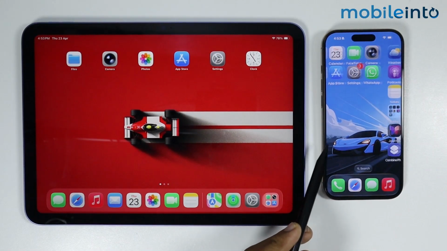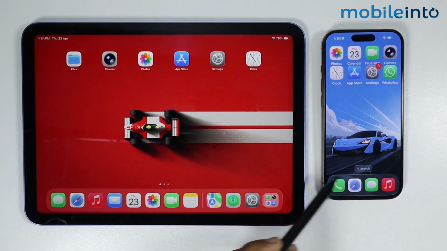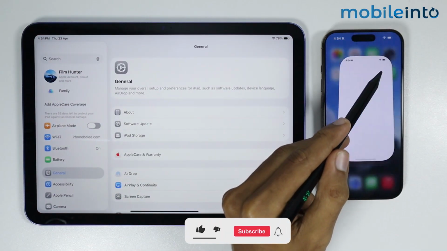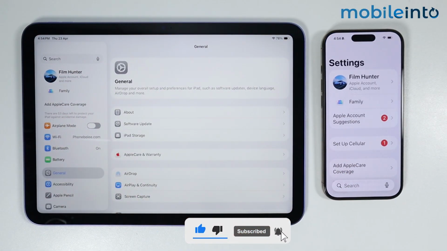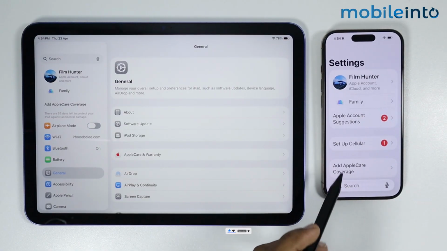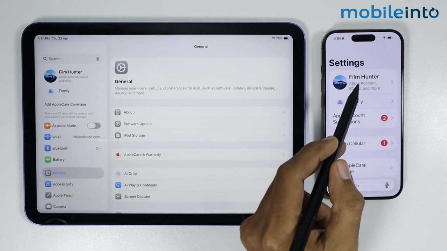In this video, I will show you how you can sync the apps from your iPhone to your iPad. Now to do that, first of all, just make sure that you're signed in with the same Apple ID on both devices. After you've done that, now on your iPhone, just go to Settings, and after that, just tap on